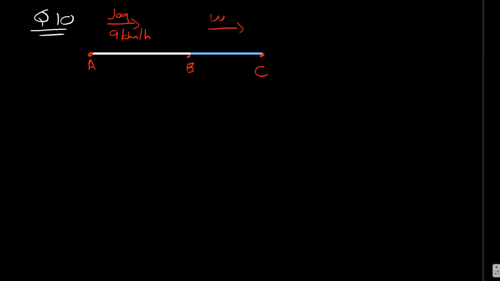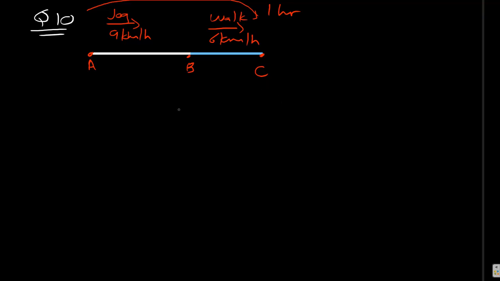He walks from B to C. If he's walking from B to C, it is going to be 6 kilometers an hour, right? And then it took him 1 hour from A to C. So this whole journey is 1 hour. And then the second version, it says